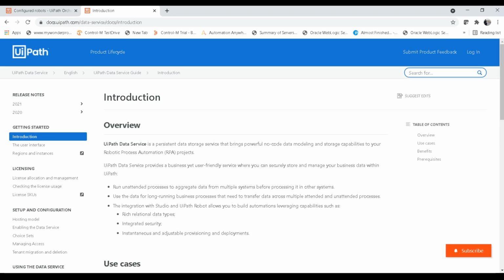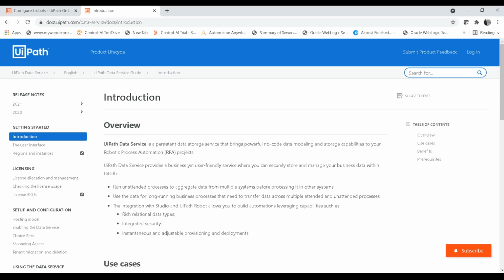Instead of doing all these things, you can create all this data inside the UiPath Orchestrator. How can you do that? You need to enable the Data Service in the Orchestrator and create an entity. In an entity you can create different columns and store the data that you want.